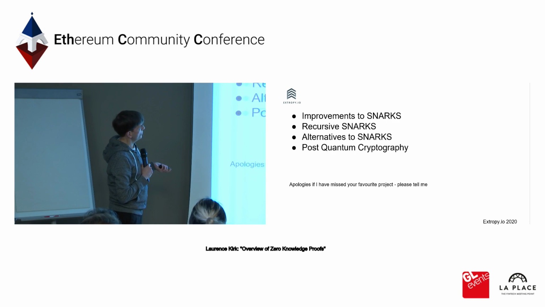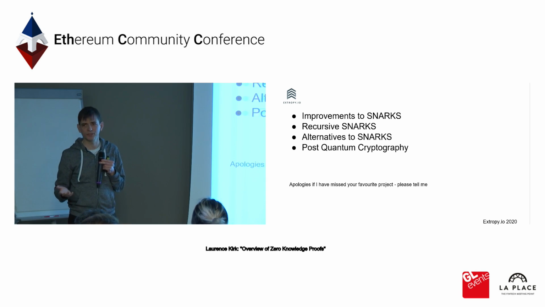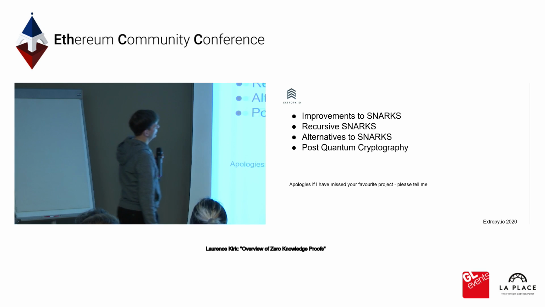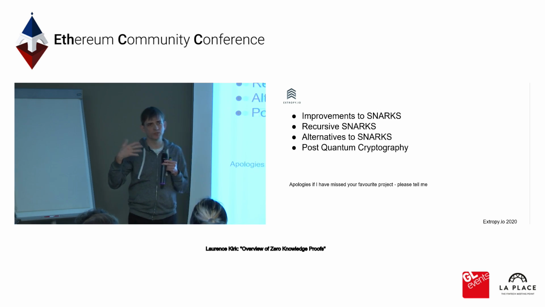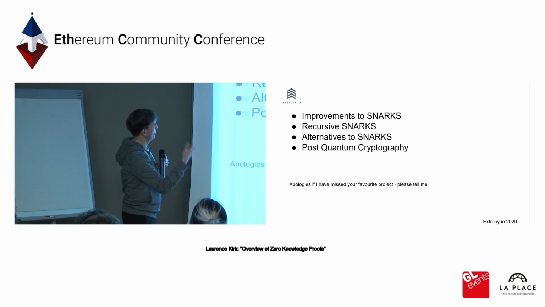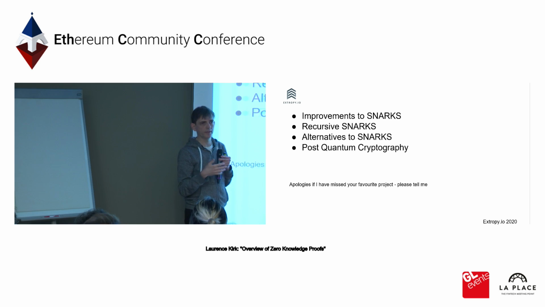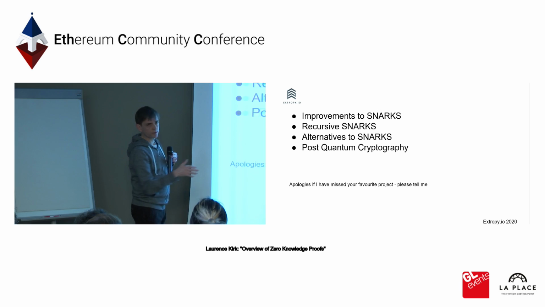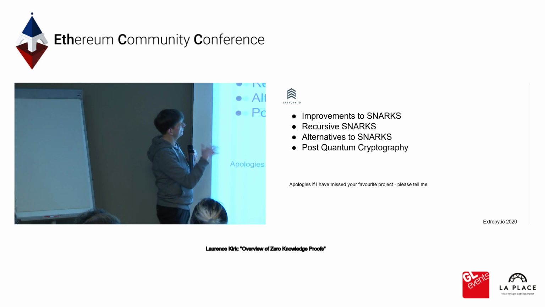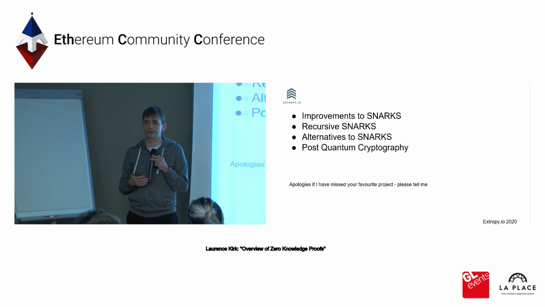So, current areas of research, and I do apologise if I've missed your project or your area, so please do tell me, and I can add it to the slides. But I tried to think of it in 4 areas. SNARKs are perhaps the leading or the most popular way of looking at zero-knowledge proofs at the moment, and there have been some improvements to the way they are being used, some projects that improve those. Also, I think recursive SNARKs are starting to be looked at, and that's quite a fundamental area of research. But SNARKs are not the whole thing, and there are alternatives to them. And then also we have to think about post-quantum cryptography as well.